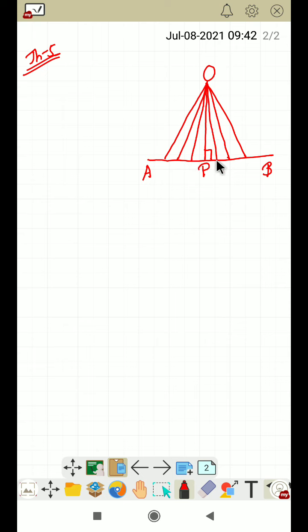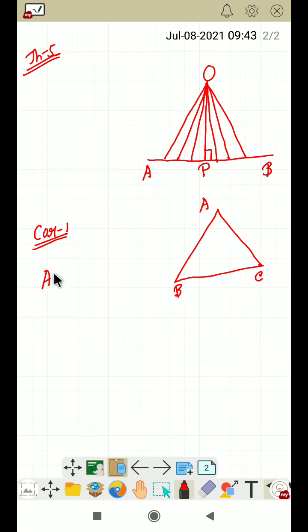Now these three theorems we have to remember. Now go to one corollary. This corollary tells us that the sum of the lengths of any two sides of a triangle is always greater than the third side. Suppose this is a triangle ABC. Sum of any two sides